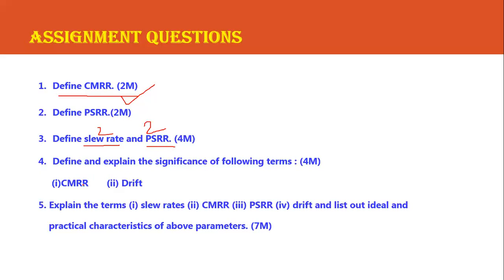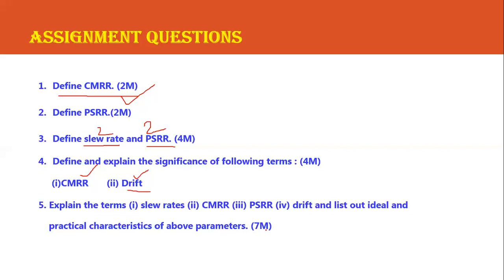Next, here also it is asked for definitions, CMRR and drift. Drift is nothing but the thermal drift, which we have seen in the AC characteristics. It means there will be a change in the performance of the device, that is IC741, if the temperature changes. If we nullify all the output offset voltages to zero at 25 degrees Celsius, and then there is some change in temperature, these values will vary again. Hence we have to see that the temperature is maintained constant. This is called thermal drift.